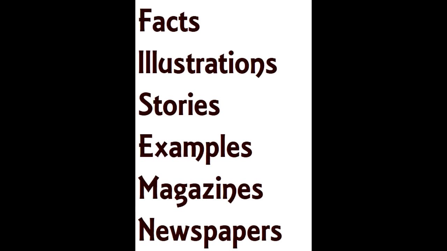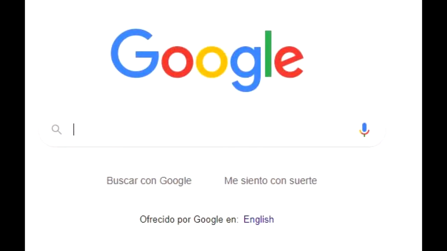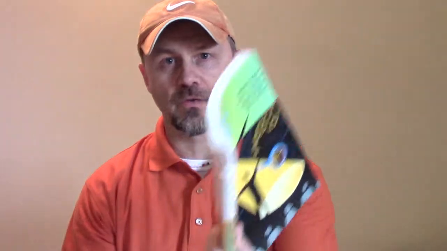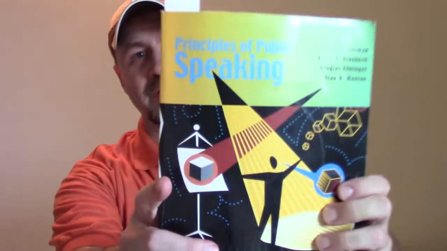Number 4, gathering your speech material. Now you want to supplement your speech with additional material. The book says facts, illustrations, stories, examples, but they also refer to magazines and newspapers. What they don't mention in this book, since the book was published in 2001, is Google, like a Google search. That's what I recommend. Do a Google search, or if you can, find a PDF online. And maybe even go to your Kindle, or even just regular books like these, which is what I prefer these days.